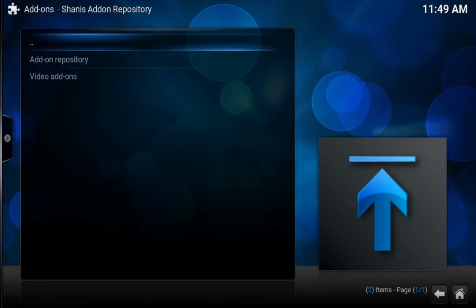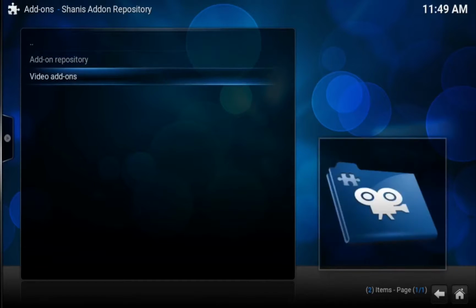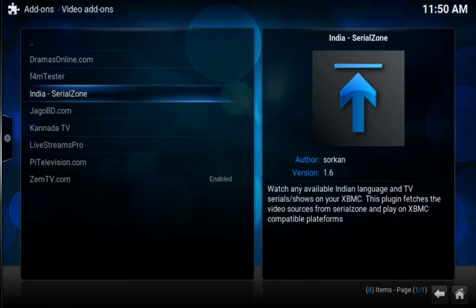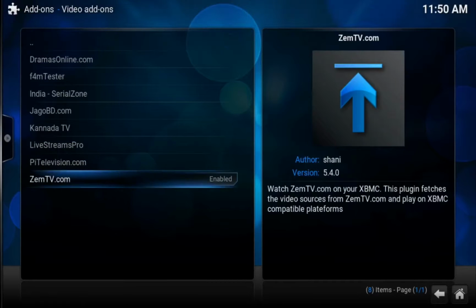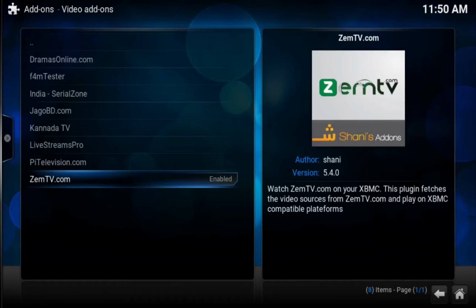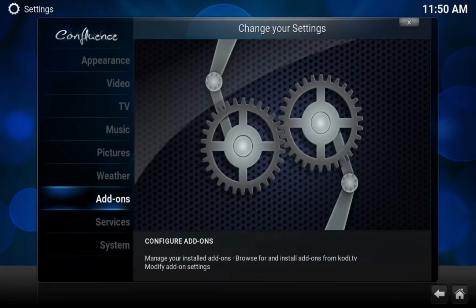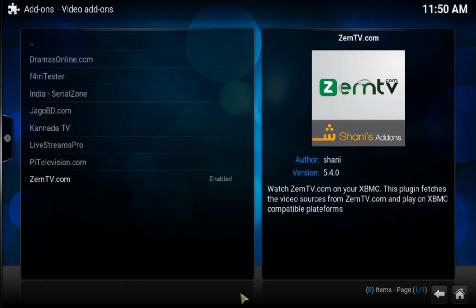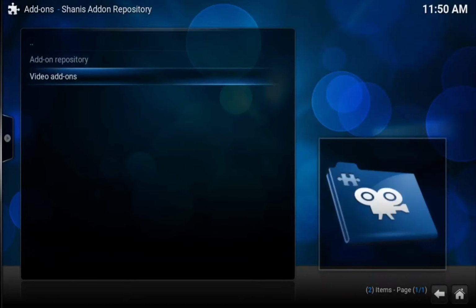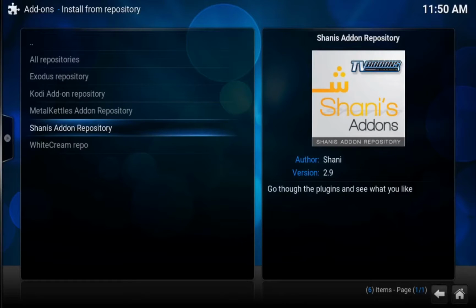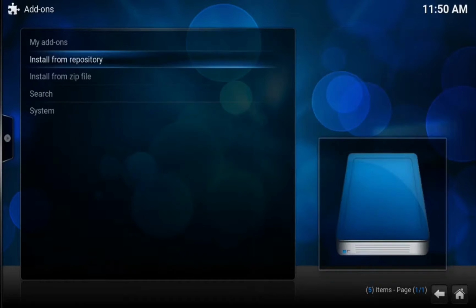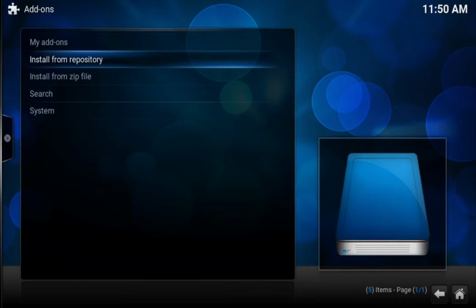downloaded. If you go into that, go onto video add-ons, and the one you want, which I've got enabled here, is Zems TV. If you get Zems TV, oh, gone back too far. And where are we here? The other one you want to go to, so if we go into install from zip